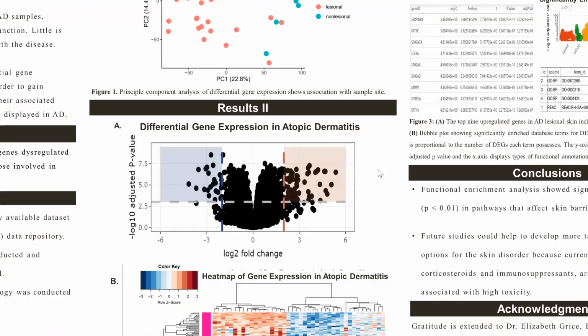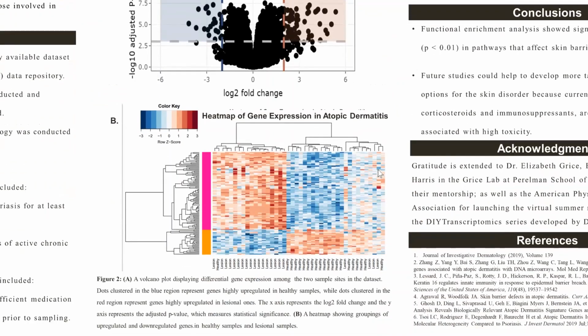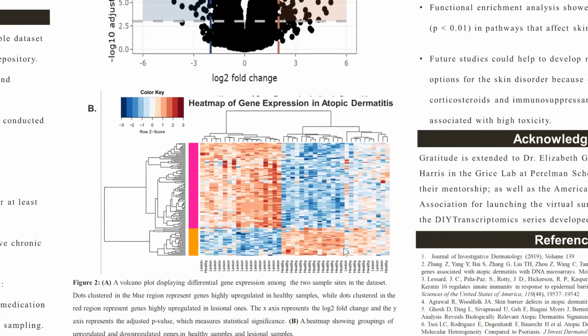From there, I wanted to determine whether similar genetic profiles were present for both sample sites, which brings me to the heat map in Figure 2B. As you can see, the red region for lesional samples shows that they tend to have a similar grouping of genes that are upregulated and a similar grouping of genes that are downregulated. Focusing in on that red region,